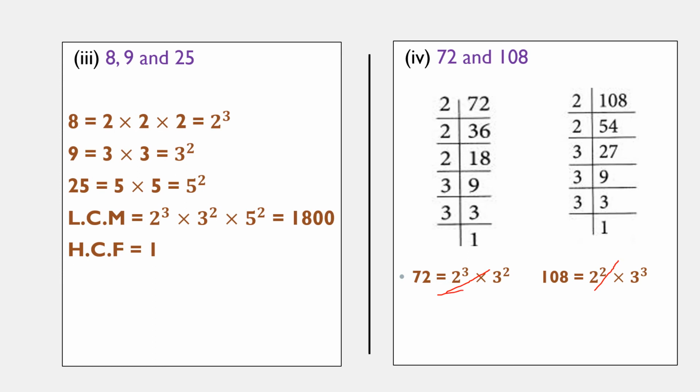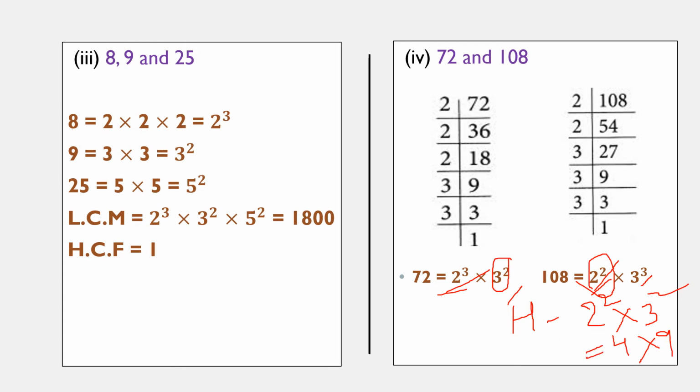When you see 2, the smallest power is 2 square. Here you have 2 cube. Here you have 2 square. So for HCF, we should write only the common smallest power. So the smallest power is 2 square. Okay, understood? Into 3 also common, right? Here you have 3 also. So from these 3, what is the smallest power? 3 square. So I'll write 3 square. So 2 square is 4 and 3 square is 9. So 4 9s are 36. So this is your HCF.